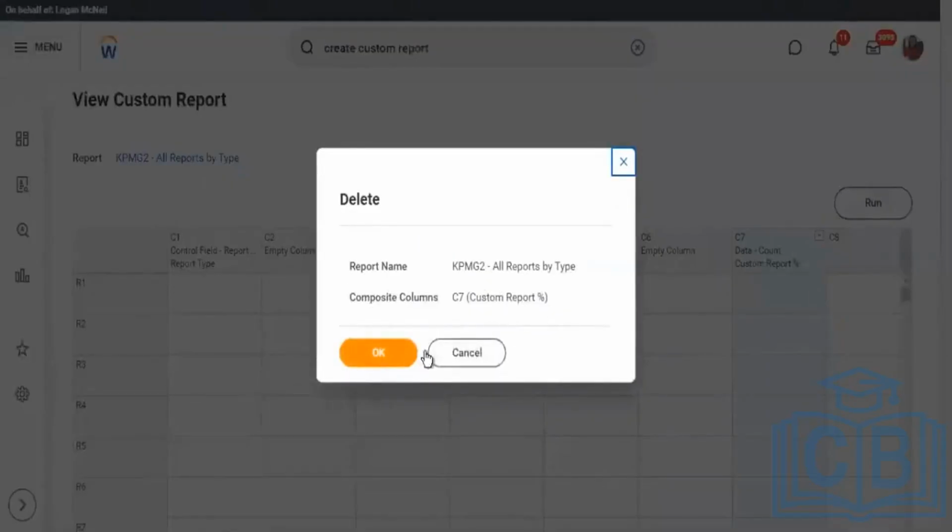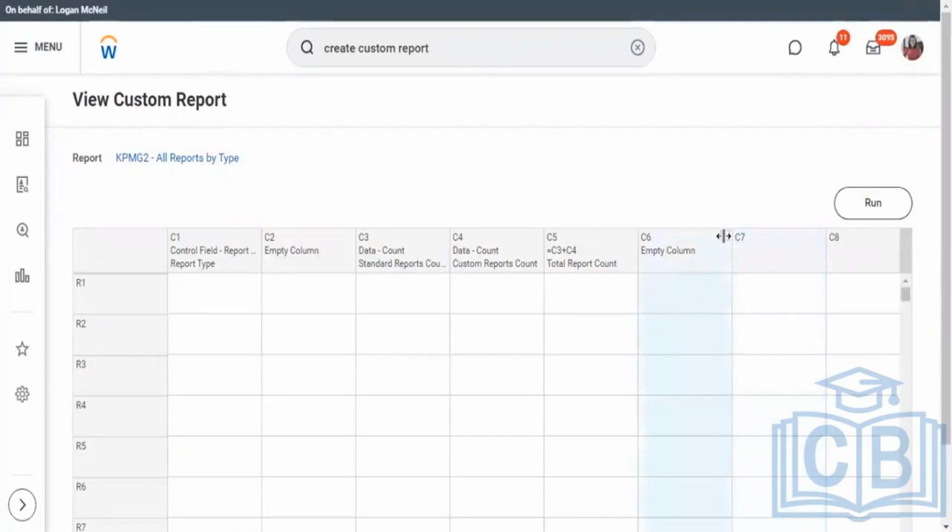Removing this empty column. Now similarly, I also want to get the overall count of all standard